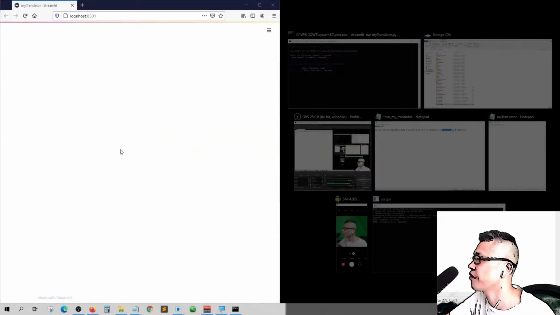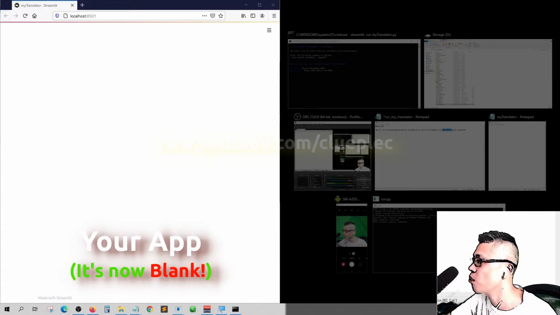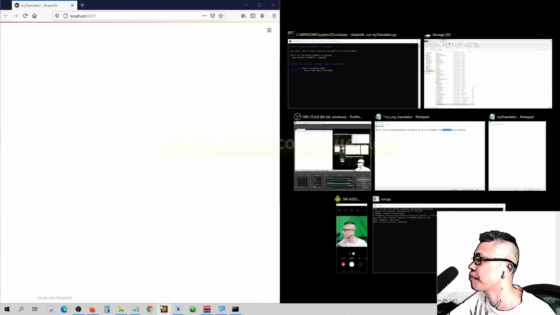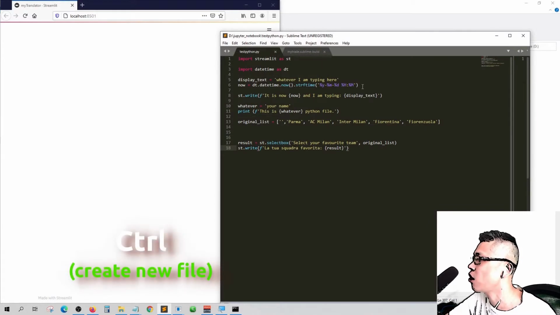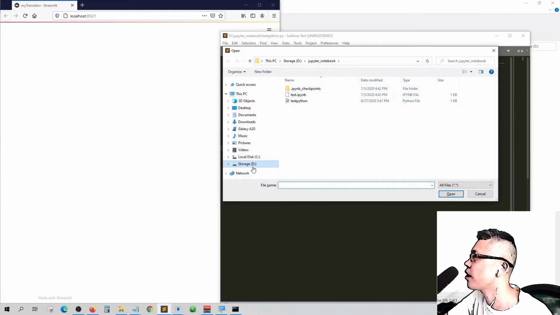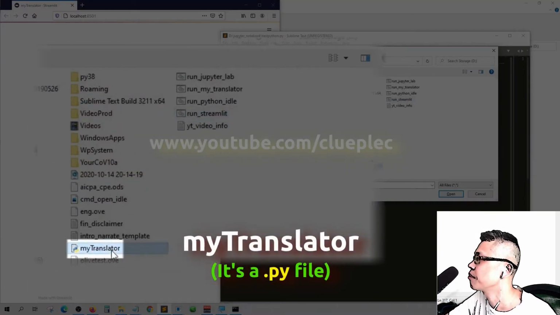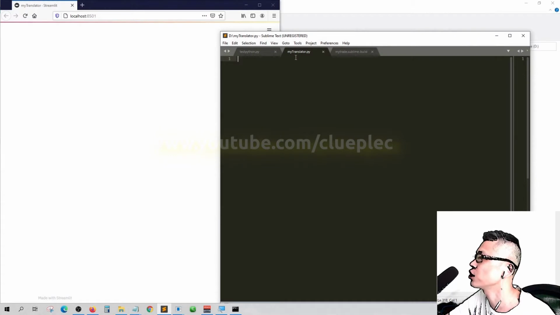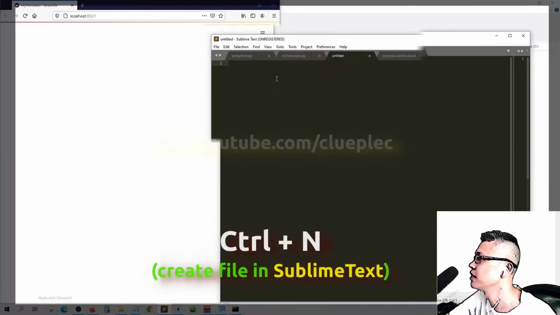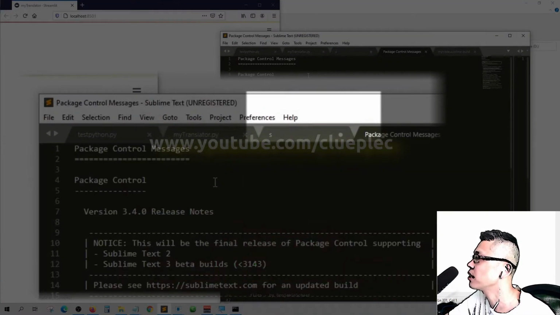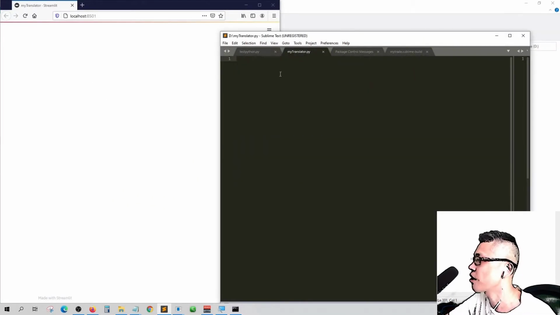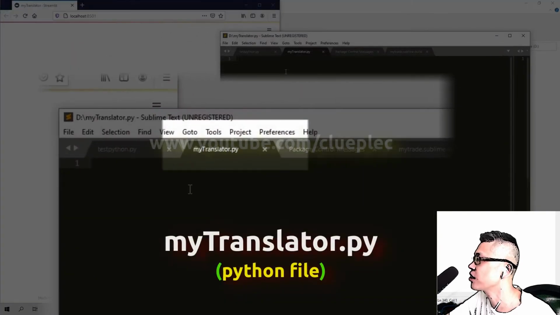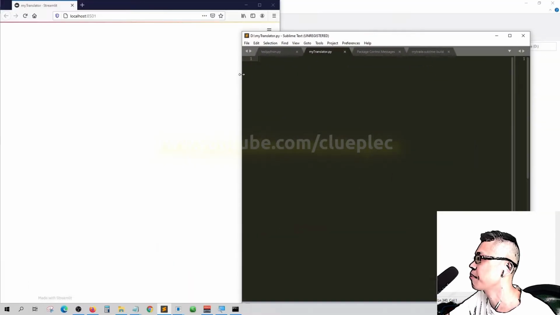Okay, so you see nothing here, right? Because I didn't type anything. So let's open up the Sublime Text. Open the previously created Python file. Control-O, where's my Python file? Here we go. My translator, open. You can also Control-N to open in Sublime. Just make up one and save it. I'm not updating it now. Alright, just go back to my translator and begin making my app now.